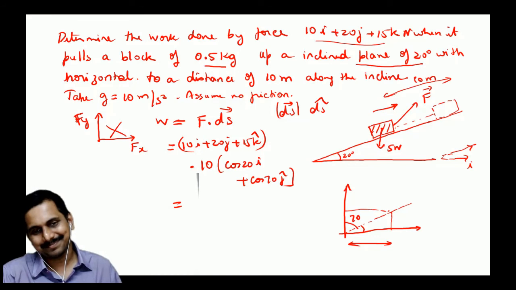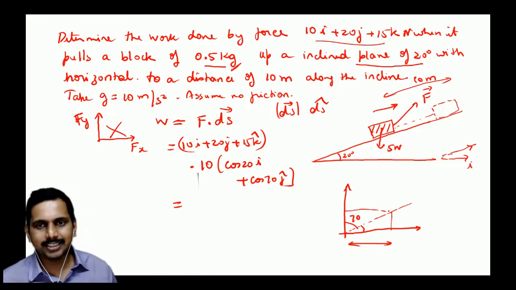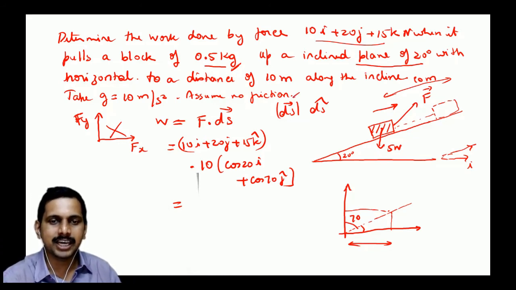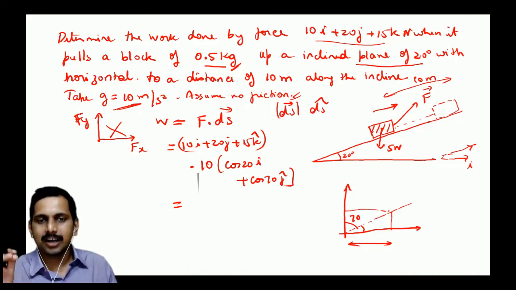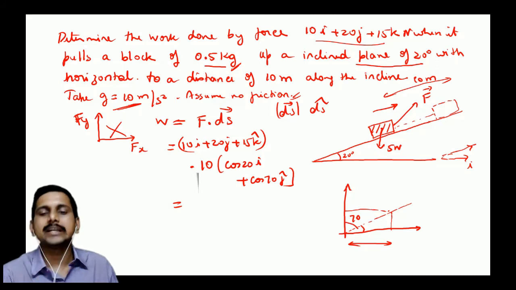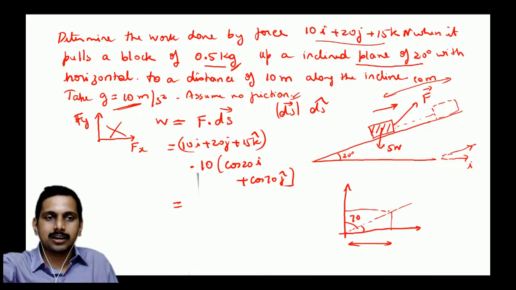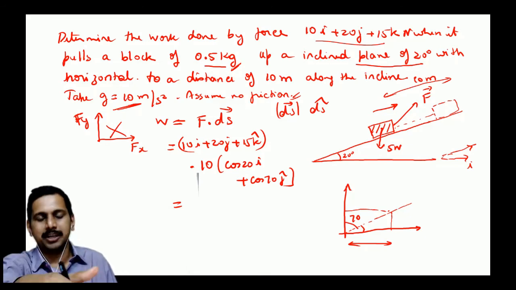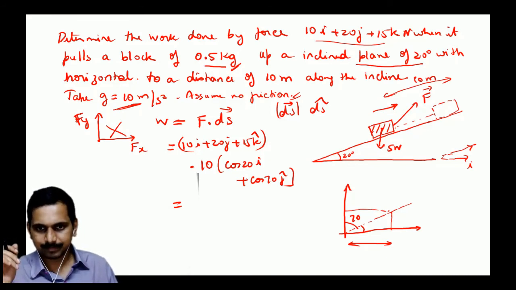Easy, students. No need of this 0.5 kg. We are not worried about the weight. We are not worried whether friction is there. We should not see what g is. These are redundant information being given. Our students have a habit that whatever is given in the question has to be used in the answer. No, not needed in GATE. In GATE there are a number of questions where redundant data is given, which will check your understanding.